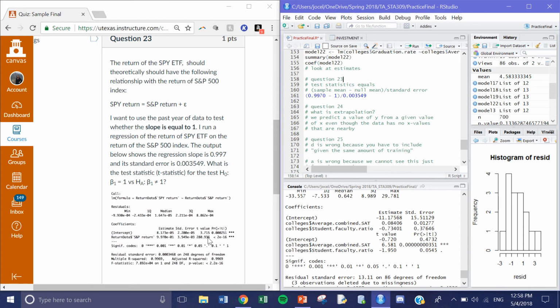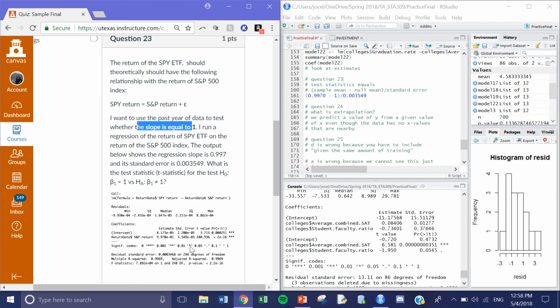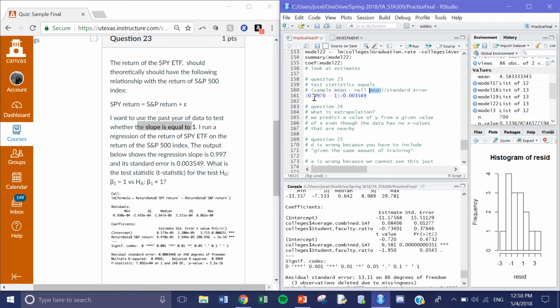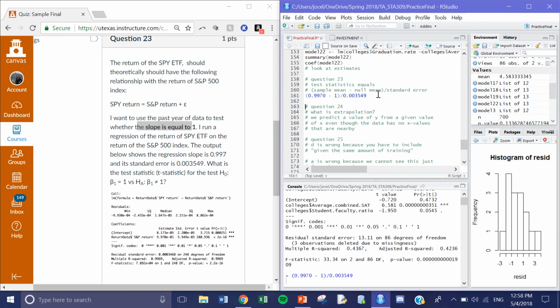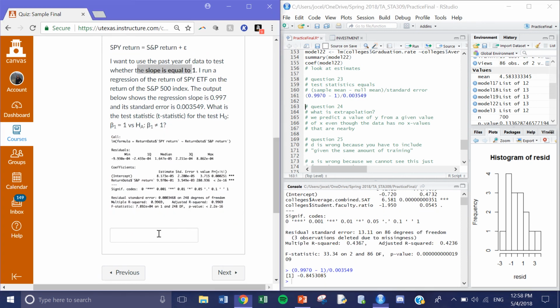In this question, it's a little bit different because we are testing whether the slope is equal to 1. So this t-value tests whether the slope is equal to 0. So that is not the t-value used. We have to plug in the null mean of 1. So I put my sample, 0.997, minus 1, divided by the standard error. And I get that the test statistic is negative